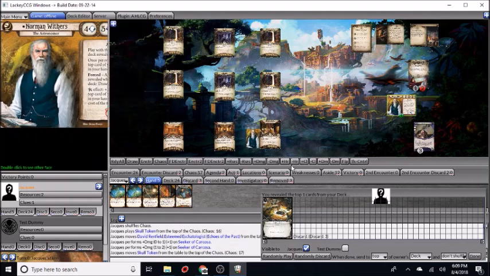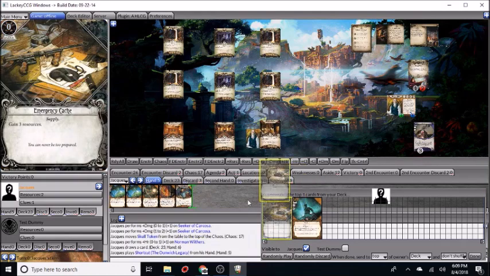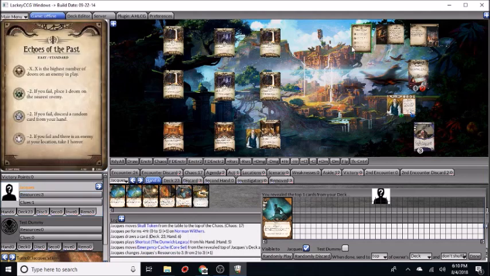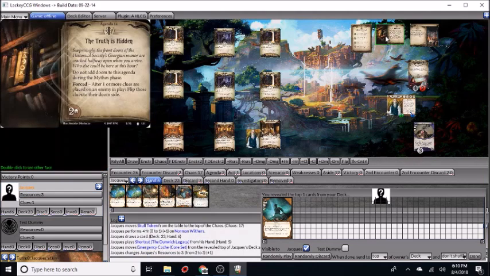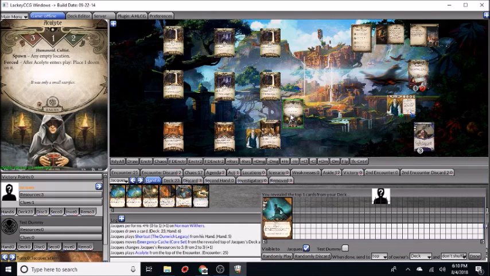Enemy phase, I'll take a horror. Upkeep phase, I will draw a card and gain a resource. We will not add a doom. We will check the doom threshold, which is 2. We're at 1. We'll draw an encounter card. It is an acolyte. The acolyte is going to just have to...